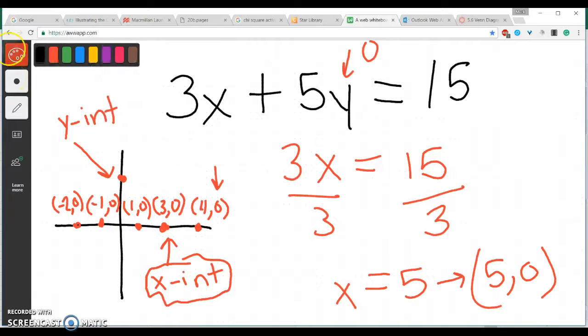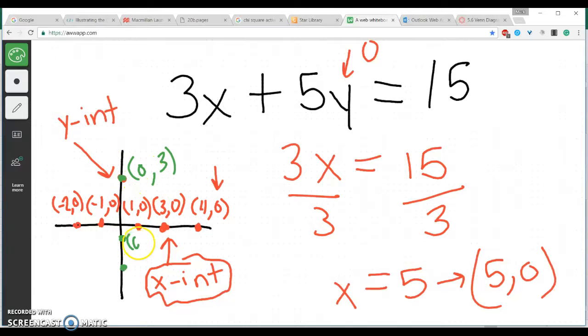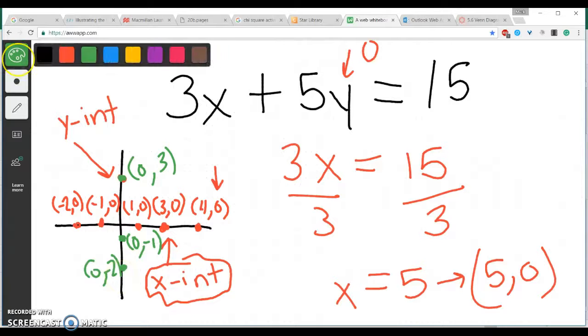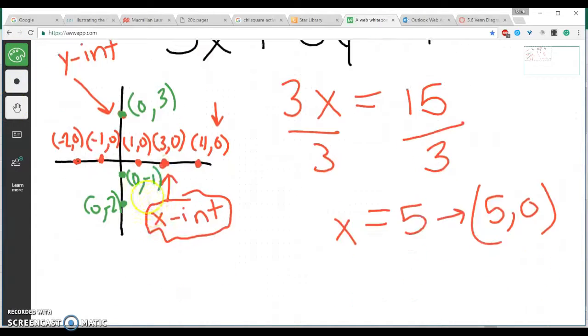Now we could have the same thing for the y-intercepts, but they're going to be a little bit different, because on all of these y-intercepts, the x now is 0 and the y is some number. So for those ones, it's kind of flipped. So if we see how this would look,